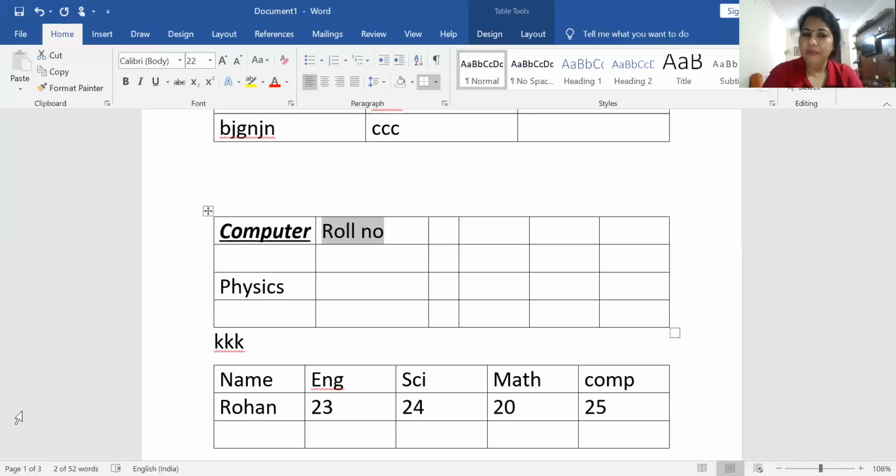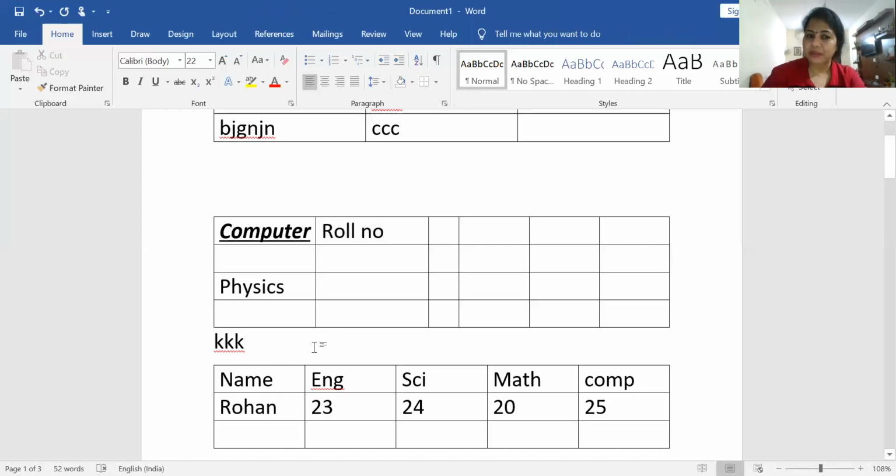Okay, and whenever you want to type anything into the table, first see the cursor inside the table, inside the cell, then only you can type the data inside, because the students make this mistake. If I click here, my cursor is outside of the table, and if I type anything, it will not be possible to type the data in the table. So if I want to type the data inside the table, first I click on the particular cell, I can see the cursor inside the table, then I can start typing. Okay, that is sufficient, I think.